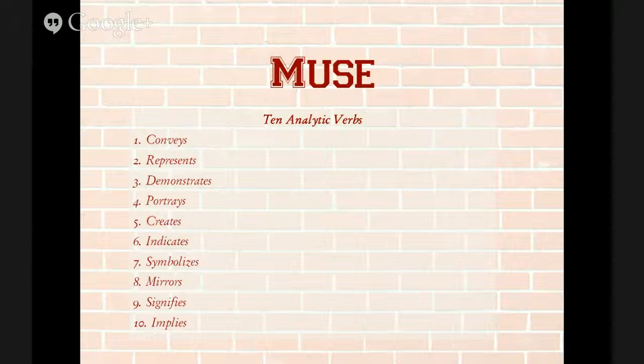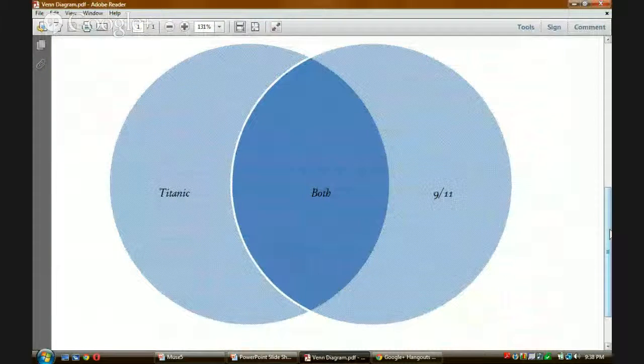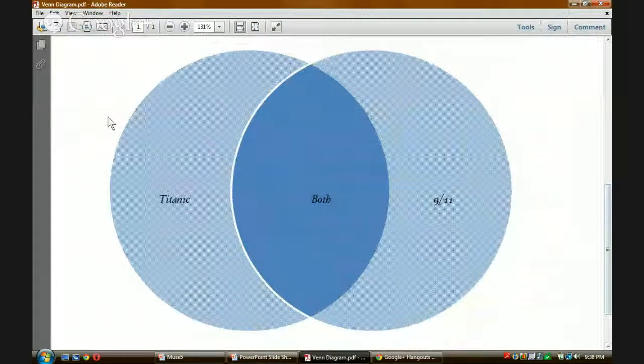What does that convey? And that helps us think of a word like unselfish. So I hope that these 10 verbs help you as you try to think on that deeper level of thinking. On your Venn diagrams, hopefully you are getting a nice collection of words, words that describe the Titanic heroes, words that describe the 9/11 heroes, and then hopefully also a lot of words that describe both the Titanic and the